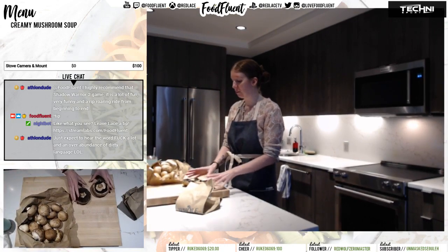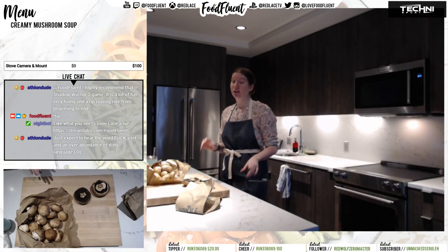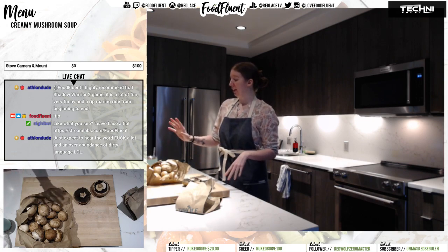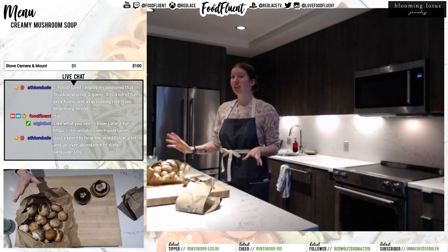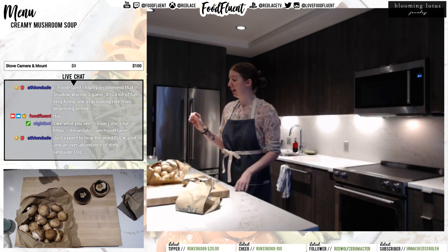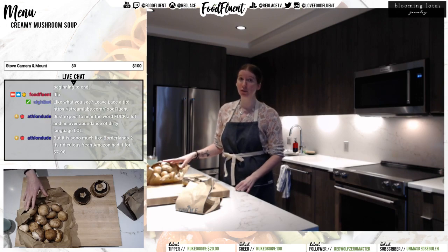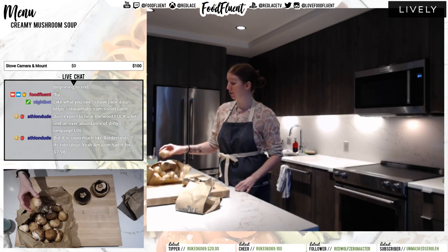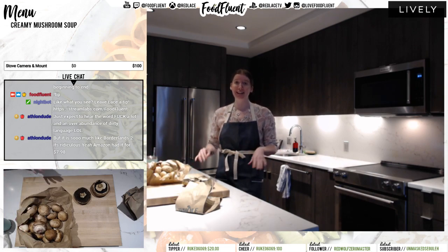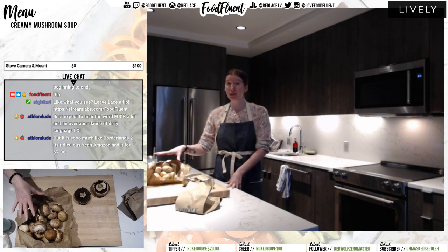Okay, so for this vegan creamy mushroom soup, we need 2 portobellos, and you need about 2 pounds, or a little over 2 pounds is fine, of mushrooms. You can use white mushrooms or creminis, which is what I'm using. These are really big creminis, just to make cleaning easier. You could use white ones as well, but if you can, I would go for the creminis just because